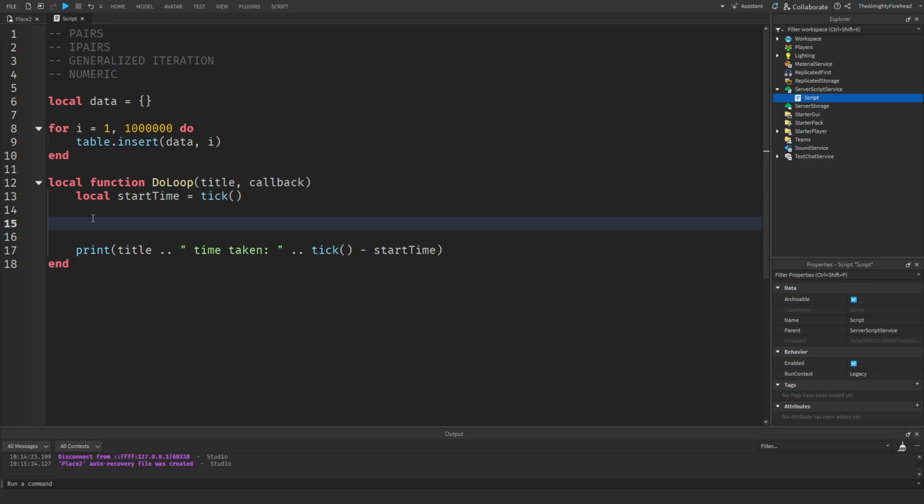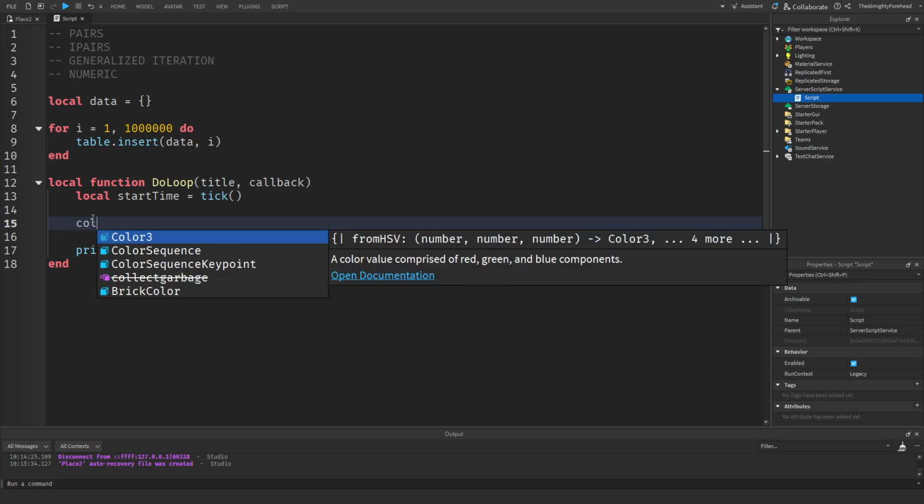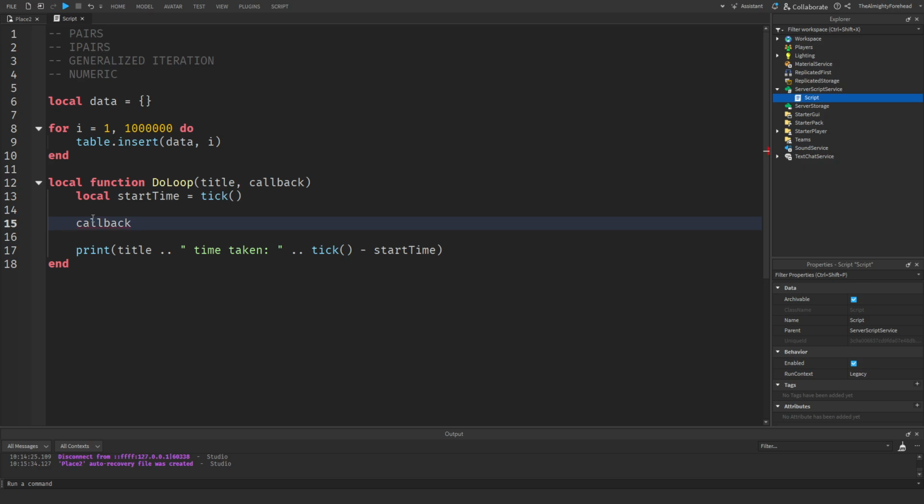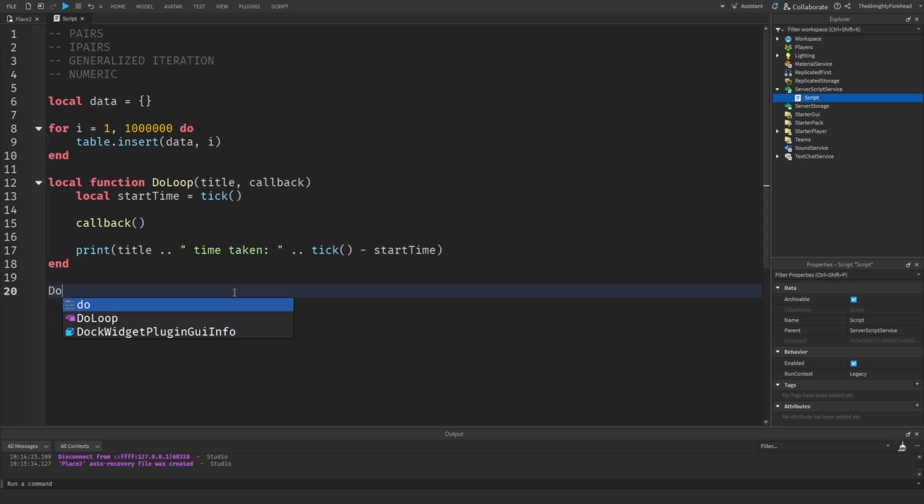You guys don't really have to worry about how this function is working. I'm just setting this up so that we can compare the speeds of each loop. But anyways, now we will just do callback. So we're calling the callback function. I believe that's all we really need, right? Because now if we just do loop